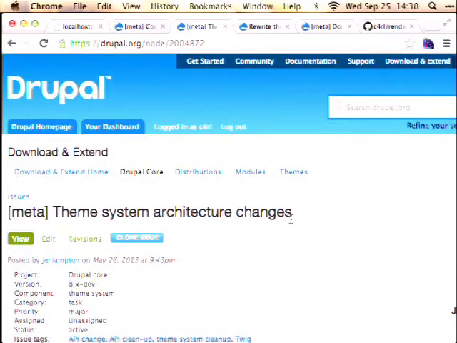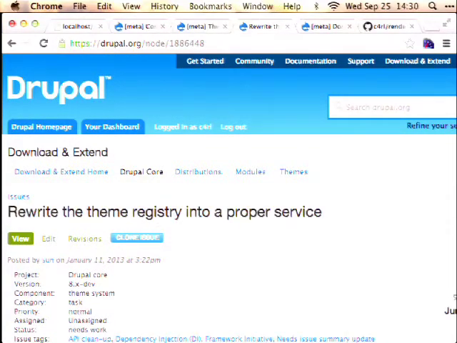So that's going on too, and I think that is something that we're hoping to get into D8. The next one that is related to that, I think is a little stalled, is rewrite the theme registry into a proper service. A lot of the theme system has not been pushed into the Drupal 8 paradigm of having services and plugins and these things that are more abstracted and things that we